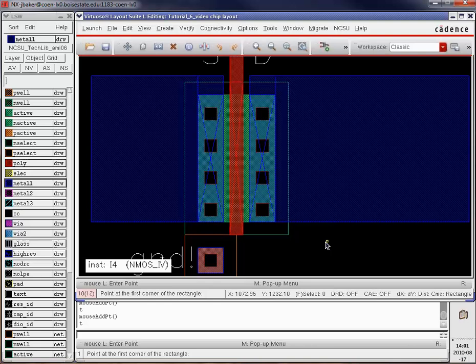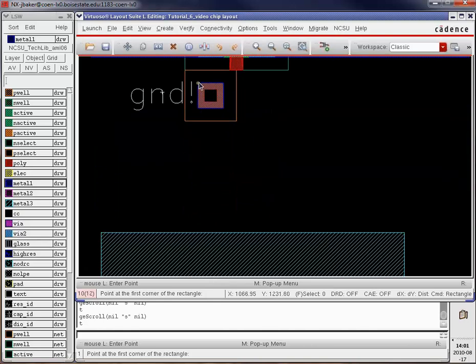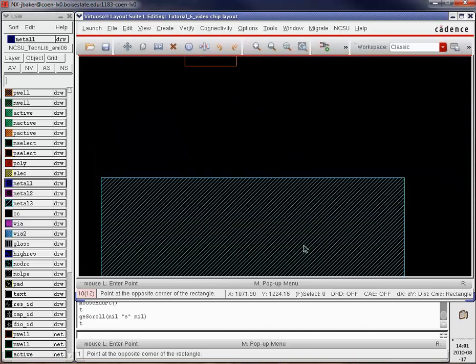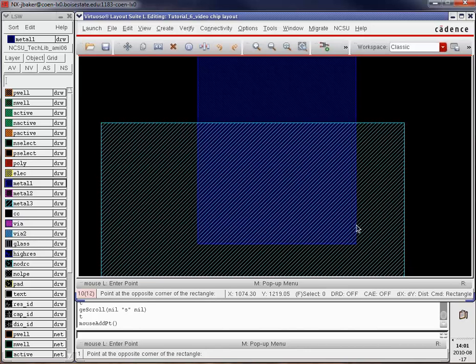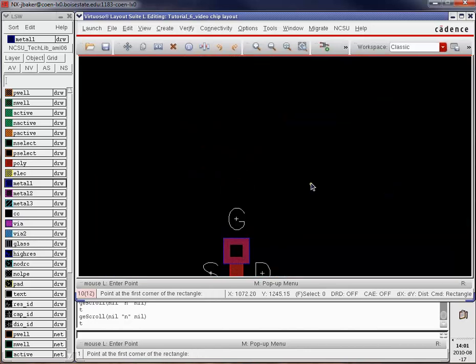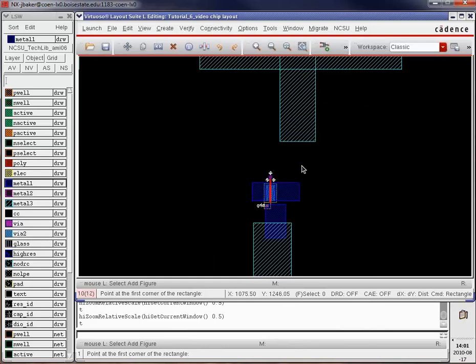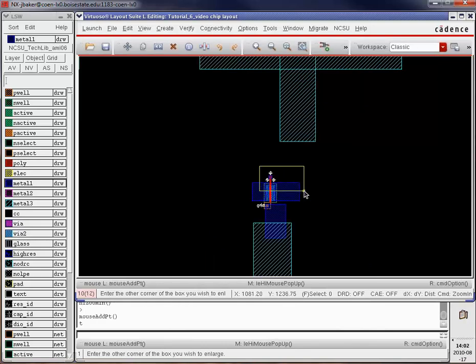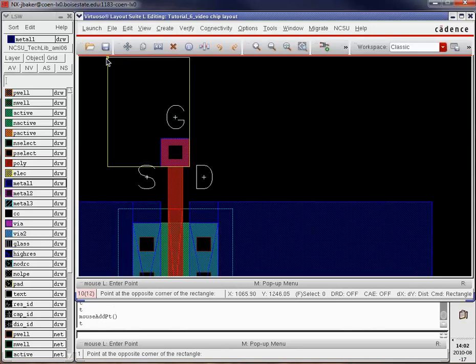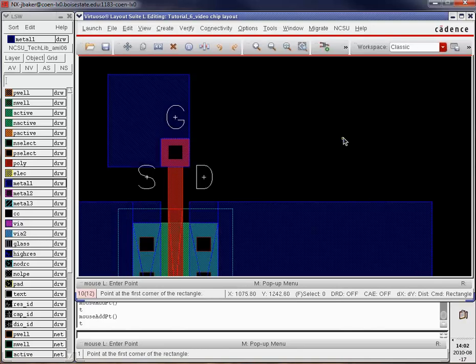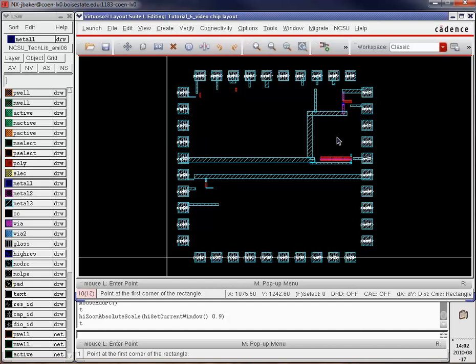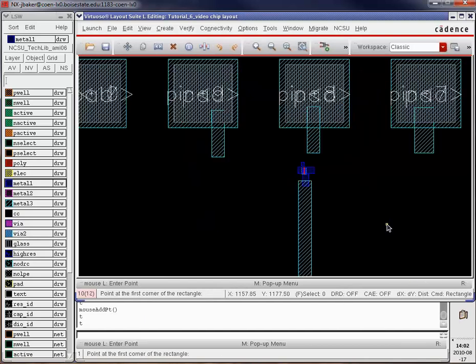Goes over here. And then there. So hard to see. Okay, so the drain